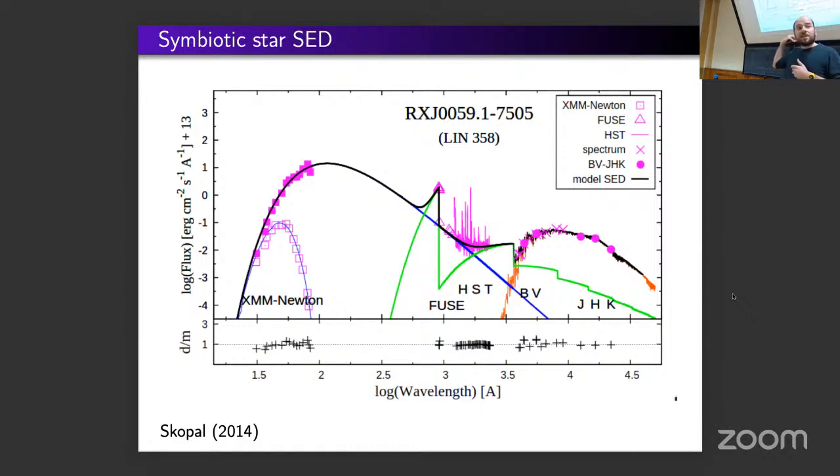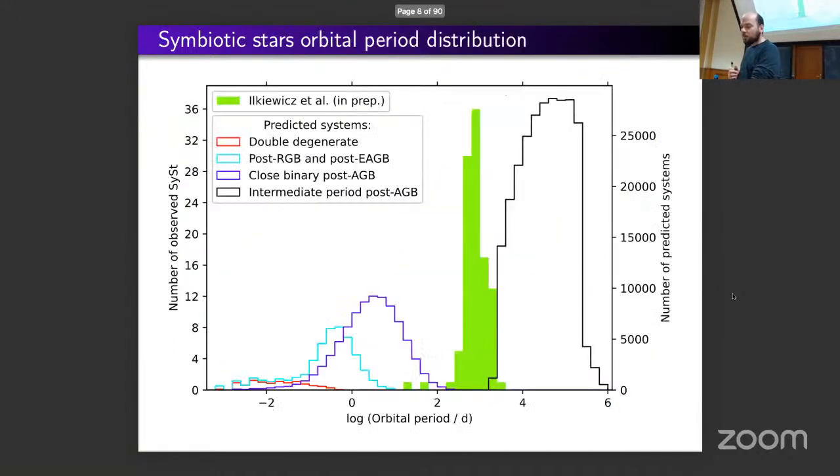And as you can see here, there is no accretion disk, because you cannot really see the accretion disk directly in the symbiotic star because it's so faint compared to the very luminous red giant. So studying accretion in symbiotic stars is much more complicated. And this is important because for cataclysmic variables, we really understand their evolution. We can simulate it very well. And in symbiotic stars,